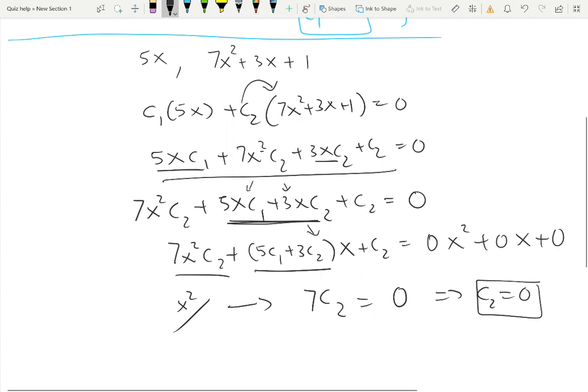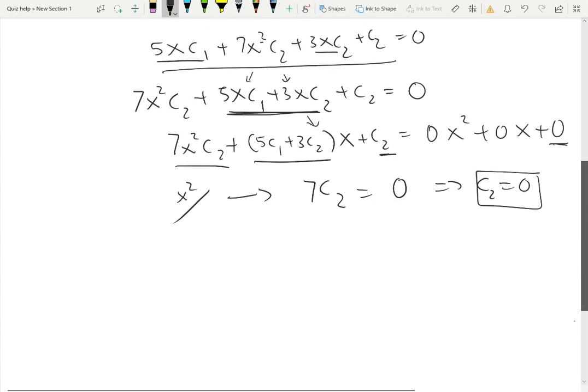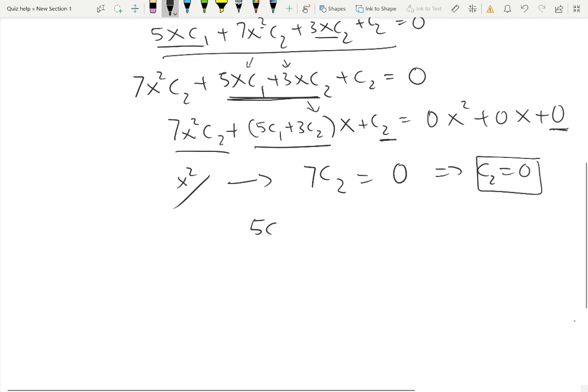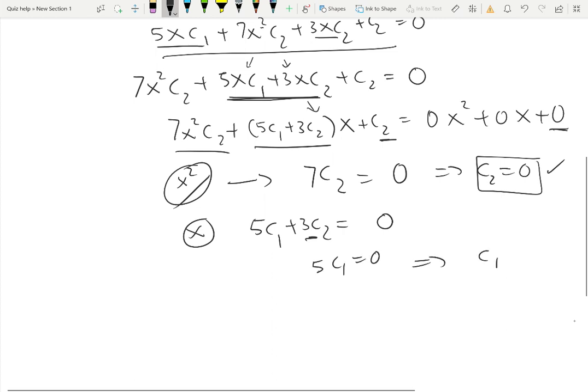Now let's compare the coefficients of x, okay, or you can compare the constants. So here the constant is c2, so on the right also the constant is 0, so c2 is 0. Oh, we already knew that. Okay, never mind. So let's compare the coefficients of x. So here 5c1 plus 3c2 is the coefficient of x on the left, coefficient of x on the right is 0, but we already knew c2 is 0, so c2 times 3 is 0, 3 times 0 is 0, so 5c1 is 0 means c1 is 0, so we get both coefficients